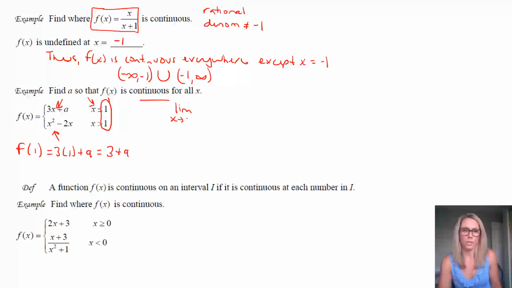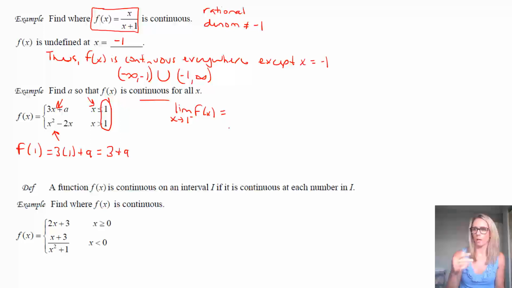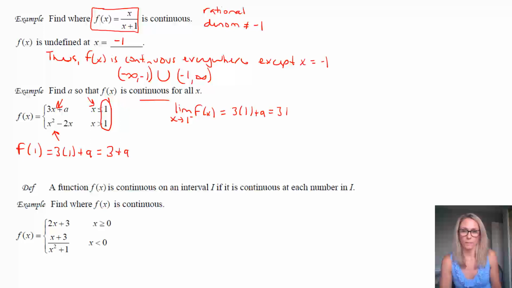The limit as x approaches 1 from the left-hand side of this function just means, when we are approaching 1 from the left-hand side, so that's when x is less than 1, we still have 3 times 1 plus a, or 3 plus a. And then the limit as x approaches 1 from the other side, so now we're coming in from the right side, the positive side, when x is greater than 1, we just plug that into our other function. See what we get? It looks like a minus 1.